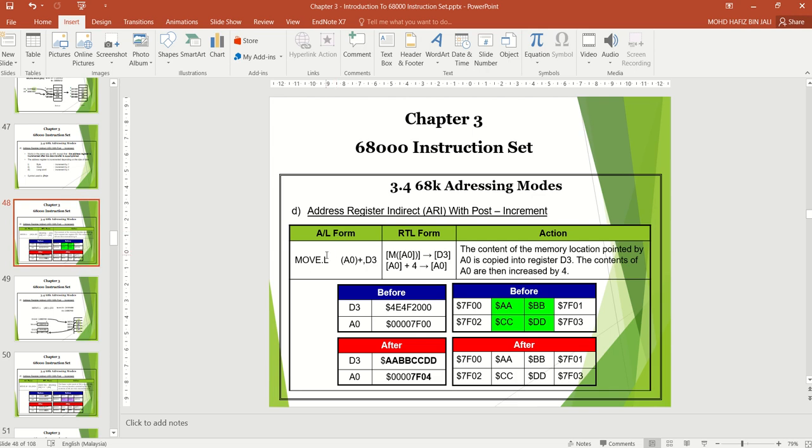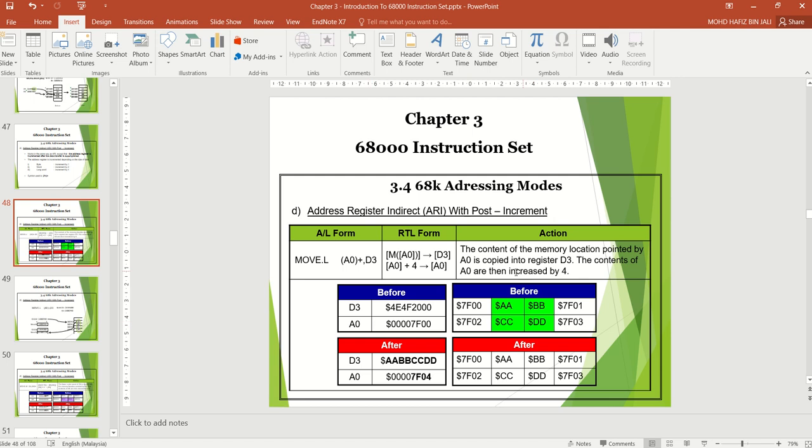The instruction is move.l (A0)+, D3. The content of the memory location pointed to by A0 is copied to D3. The content of A0 is then increased by 4.